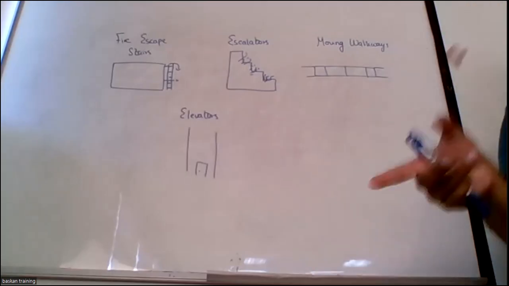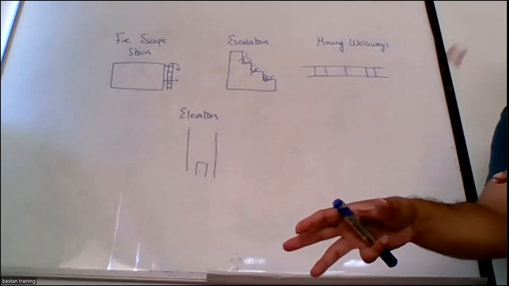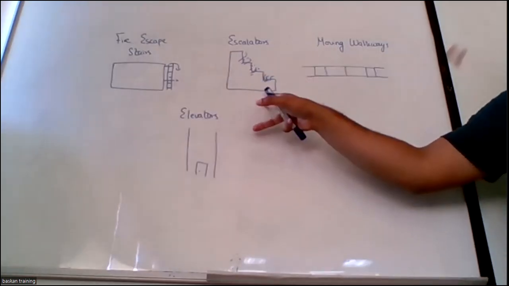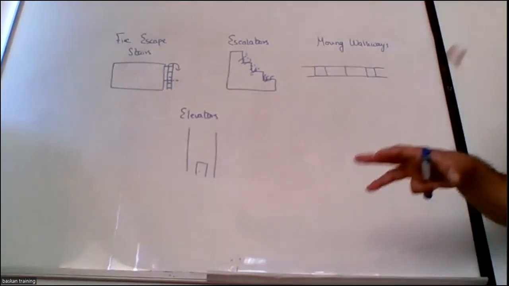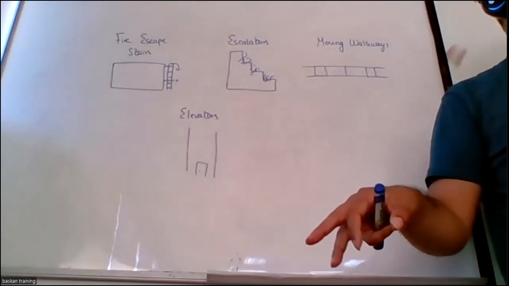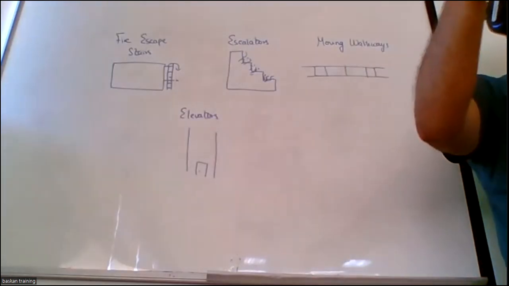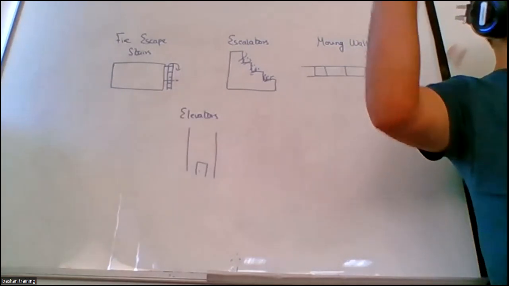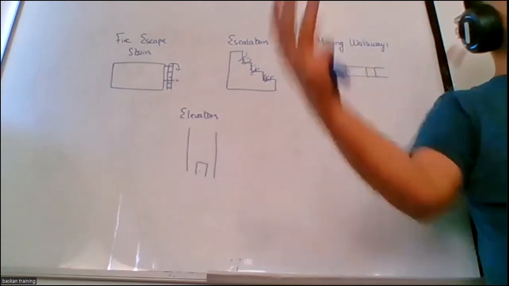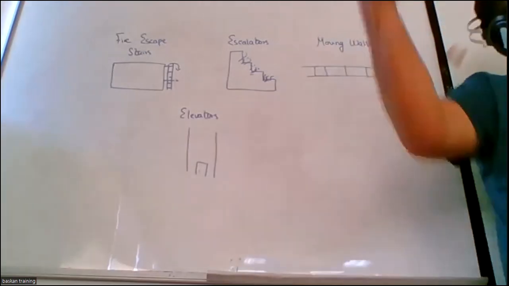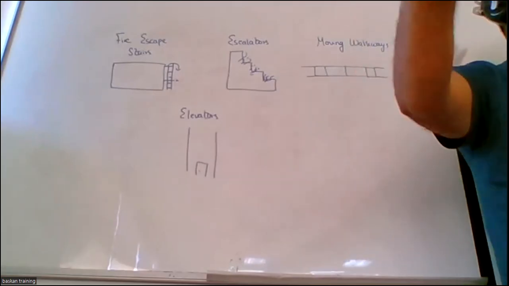So if you consider it as a means of egress and there's a fire there, it means one means of egress is blocked. Okay. So once you consider this as a means of egress, it means that you can remove two building stairs also. You got my point? If you want to have a staircase and an escalator, you are thinking, okay, one staircase and one escalator as means of egress. But this escalator is vulnerable towards vertical openings. If there is any type of fire at the bottom mechanism, it is blocked. So that is why it is not considered as a means of egress. Better have another staircase there.